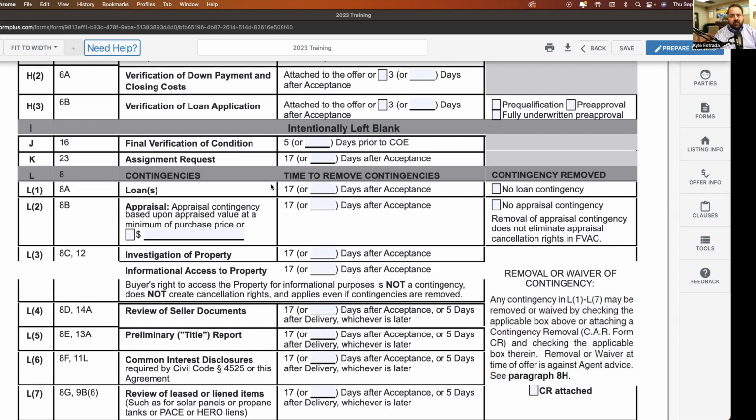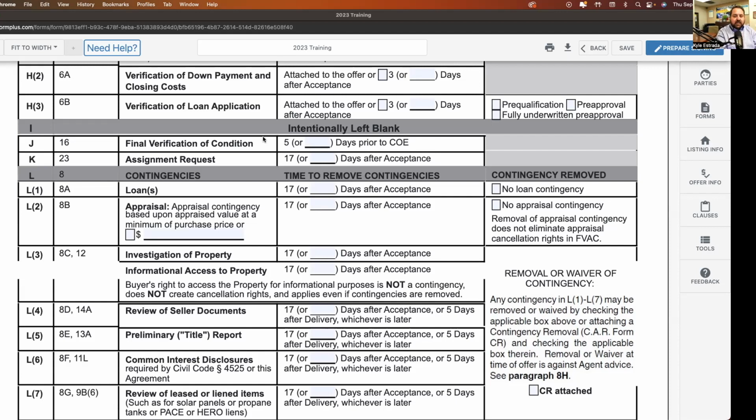17 days is perfect. But if I'm writing an offer because the lenders will tell you, oh, we'll get that closed in 21 days, and I'm writing it at 21 days and leaving this at 17, I'm just asking for extra counters, or for a listing agent to look at my offer and say I'm going to let you have a 21-day escrow, so 4 days prior to close of escrow, later than your final walkthrough, you still have a loan contingency. It doesn't make sense. Be sensible about it.